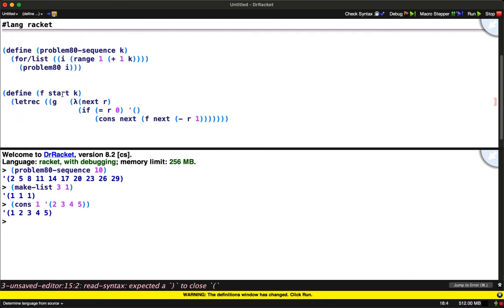So G is a recursive function that's going to call R. And then you would have, I'm sorry, G is a recursive function that's going to call F. F is going to call G, just as G is going to call F. All right. So then I could say,